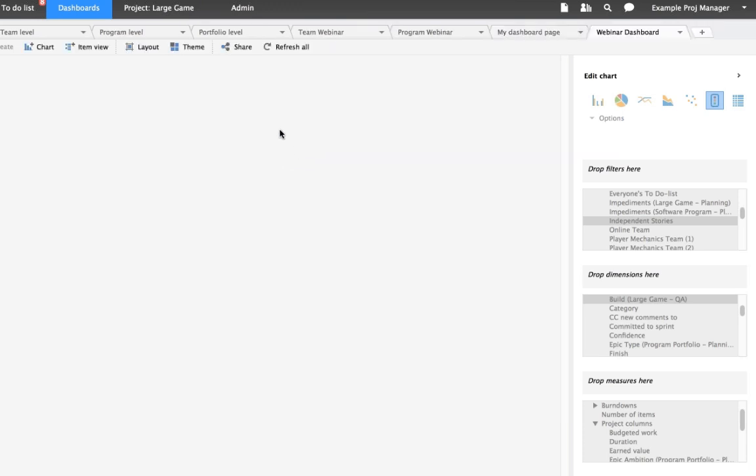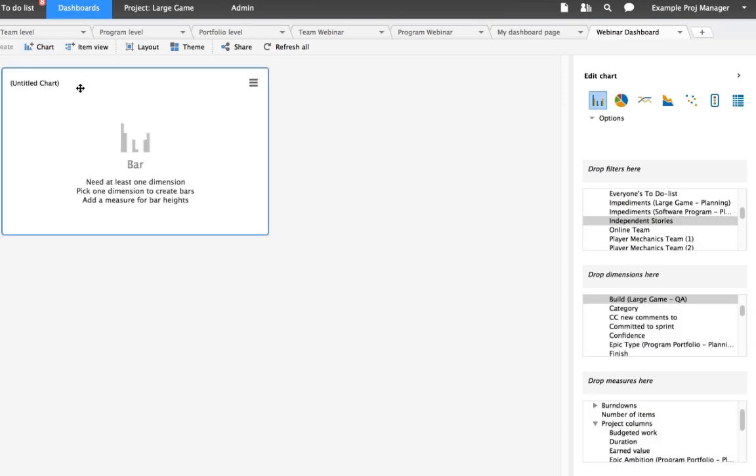And then you start out with this blank slate. And you can put as many charts, graphs, pie charts, burn downs over time, whatever you like on this page. Then you have, which I'll show you in a bit, the ability to share that out to other members of the team. Again, keeping in mind, you don't want to turn this into an overwhelming cockpit of visual noise. Instead, focus on the few metrics that you want to track that are actually actionable at whatever point in the program you're at. Okay, so to create a chart manually, you just click chart here,